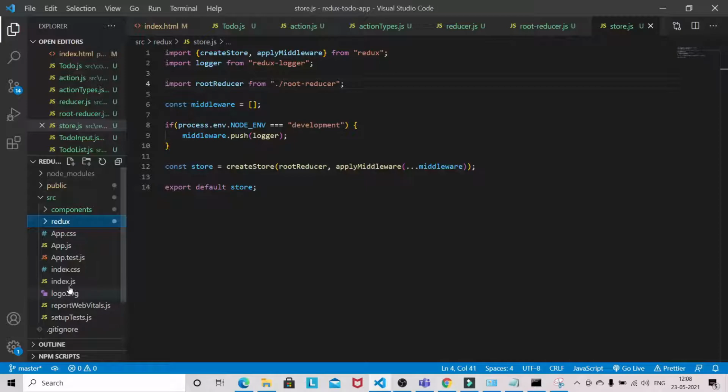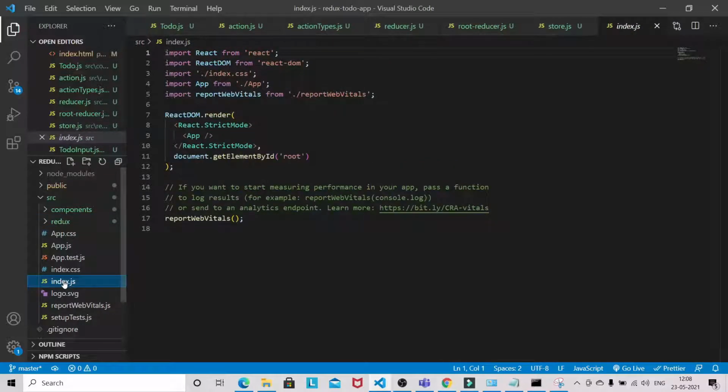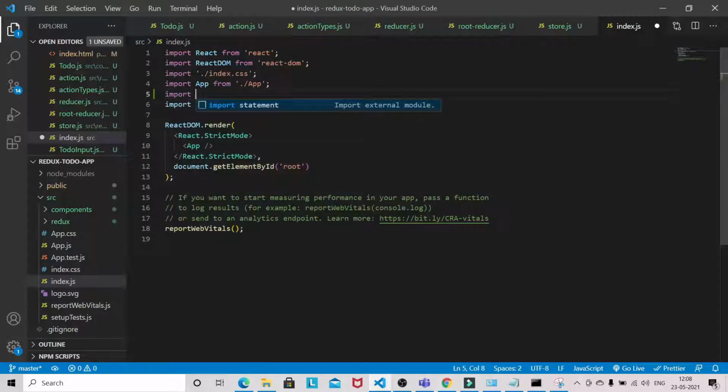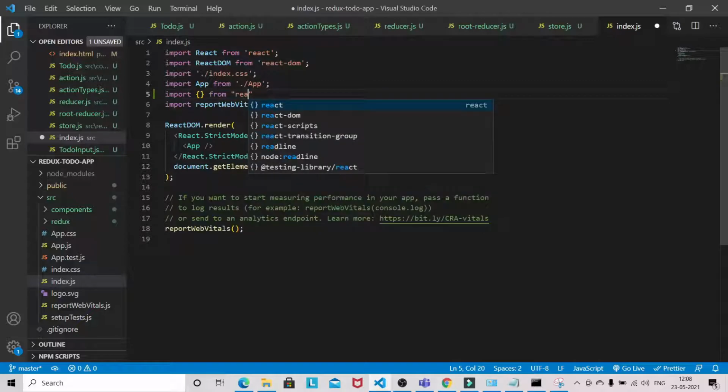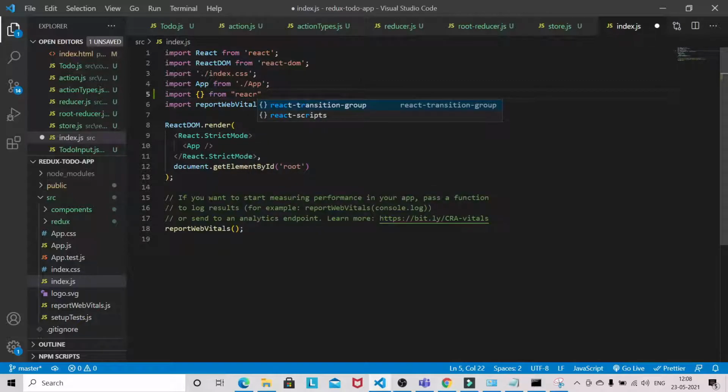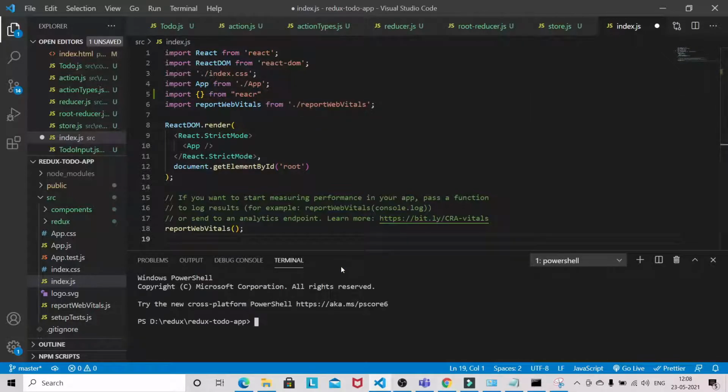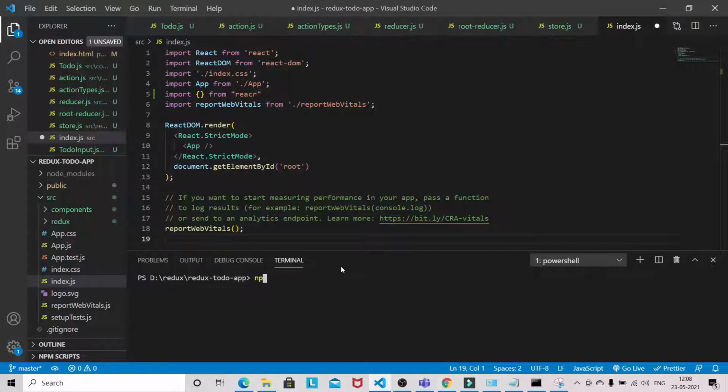Now come to index.js file. Here we need Provider from React Redux. Okay, I think React Redux I haven't installed. So let's install the React Redux first. Then only we will be able to use Provider.